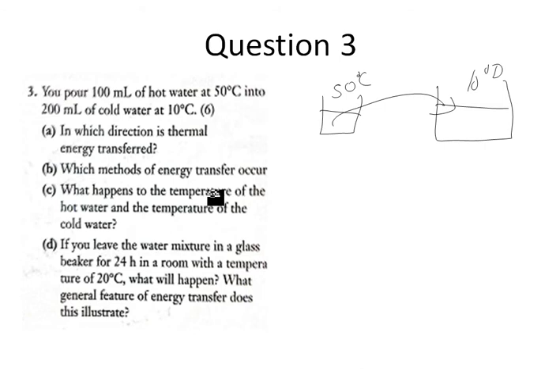Which method of energy transfer occurs? Not conduction, so probably convection, which we haven't taken. What happens to the temperature of the hot water and the temperature of the cold water? Hot water cools down, cold water heats up. And if you leave the water for 24 hours in a room temperature